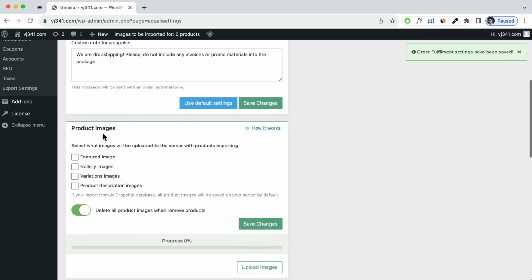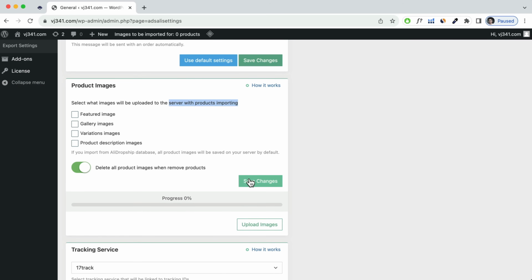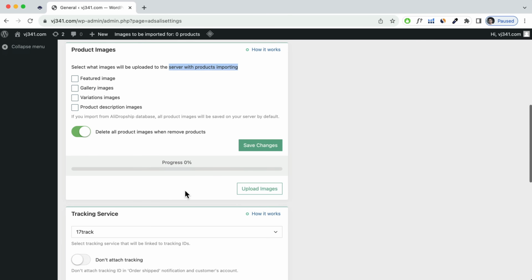So here we've got the product's images. So sometimes you may want to upload the images from AliExpress onto your own hosting server. Okay, so sometimes you might want to do that. I probably wouldn't do it for the product description images because there are quite a lot of images sometimes and it might slow down your website. So you might want to do it for your featured images or your variation images. I'm going to leave that unchecked for now, and you can click on Save Changes